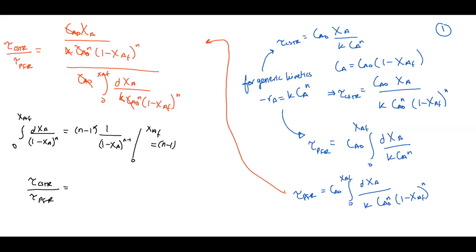Actually there's another error here. This actually has to be 1 over n minus 1, into 1 minus XA to the n minus 1. And if I plug in these numbers, I'm just going to get 1 over n minus 1,